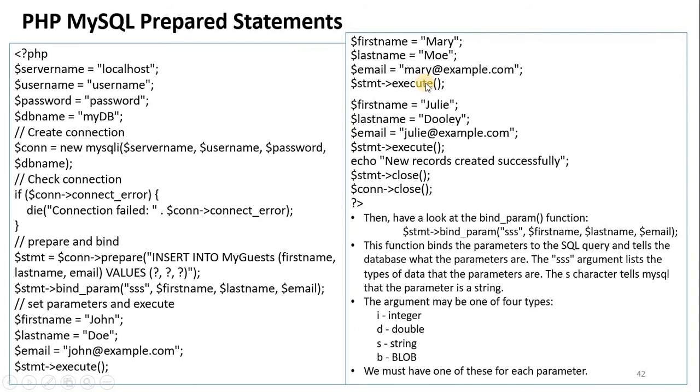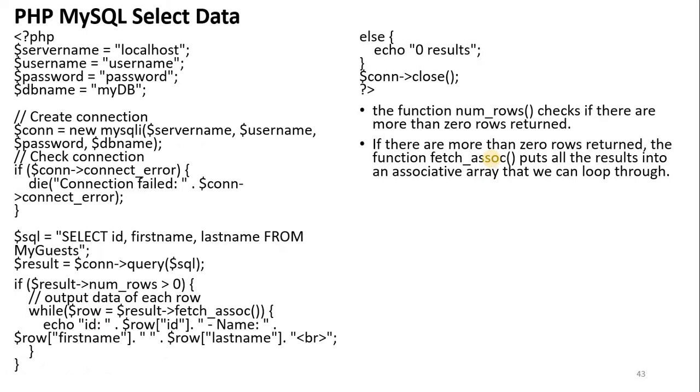After setting these I want to execute that. If you execute, then it is going to insert. Next, the third row I want to insert. These are the third row values, and then the execute function. Now this particular insert into MyGuests query is executed, and Julie@example.com is inserted successfully, and you are going to close the prepared statement and close the connection. Okay, so this is how you are going to use a prepared statement in MySQL PHP, right?